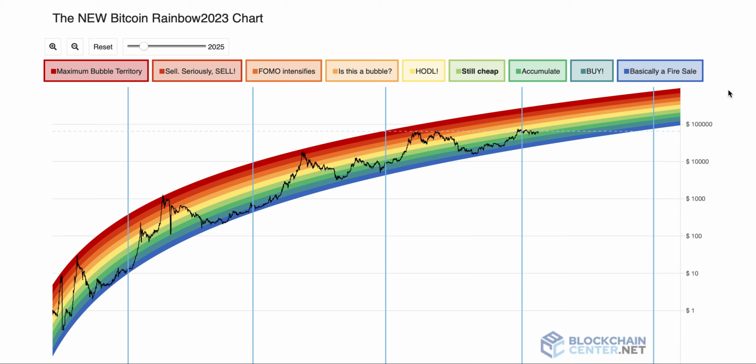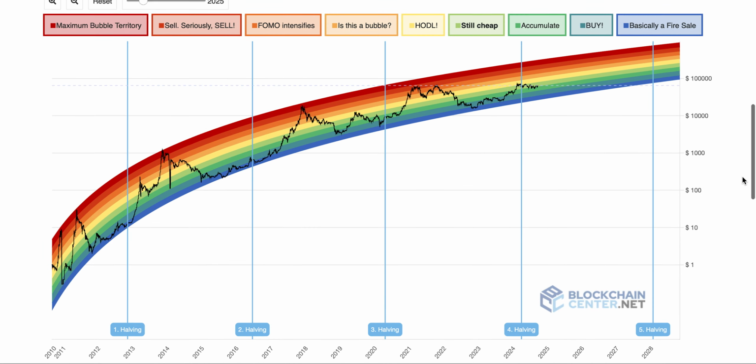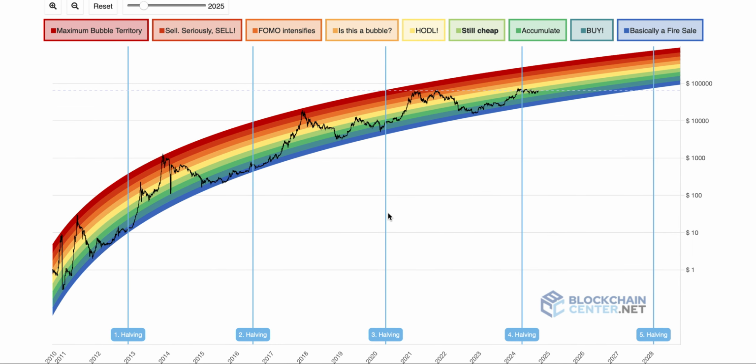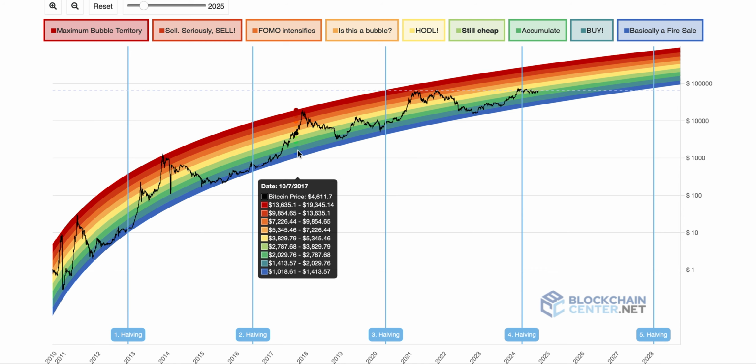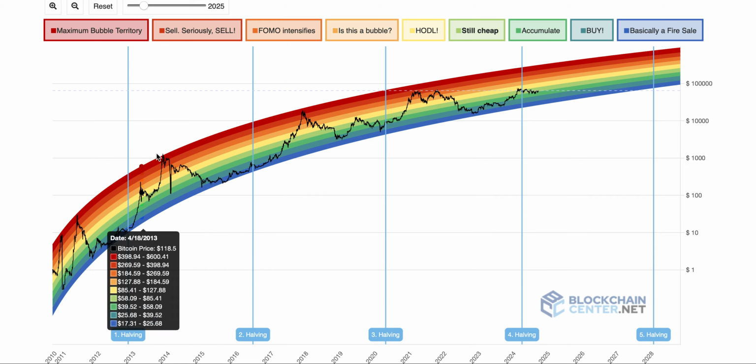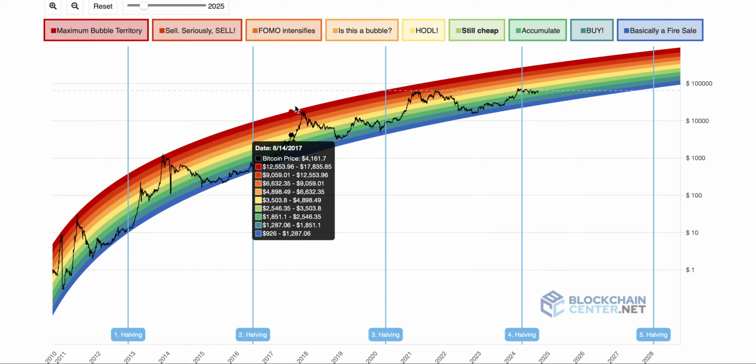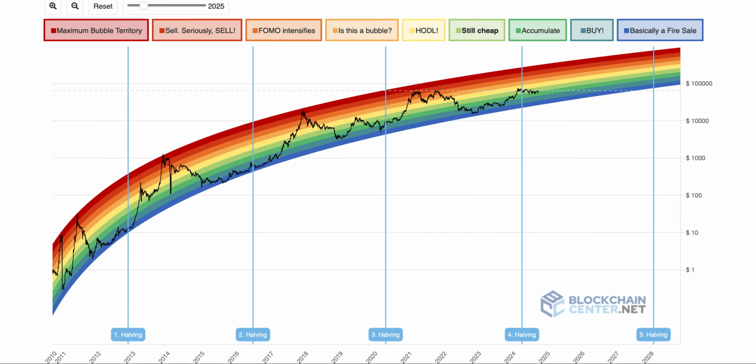Today's video, we're going to be taking a look at the Bitcoin rainbow chart, the Bitcoin cycle, if you will. As you can see, the amount of time that happens between the halvings and the peaks. And what I especially wanted to take a look at today is just by showing a measure of time from the lows to the eventual peaks and see where we are in line with that.